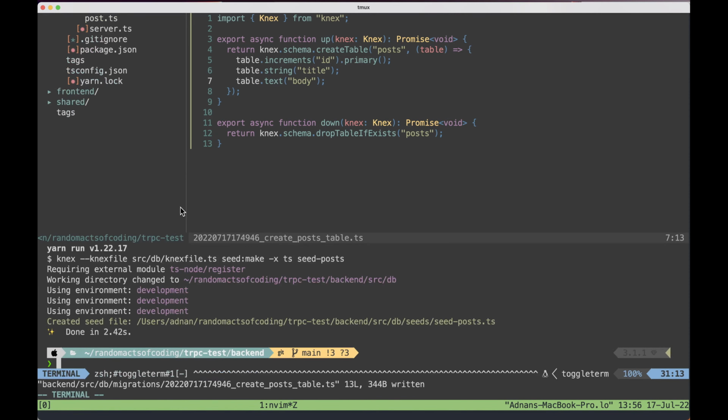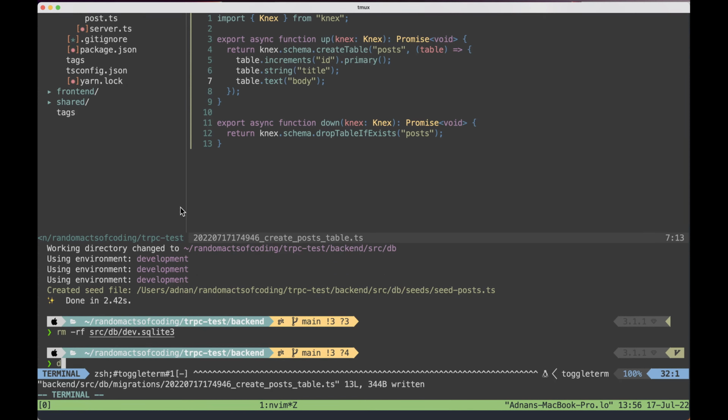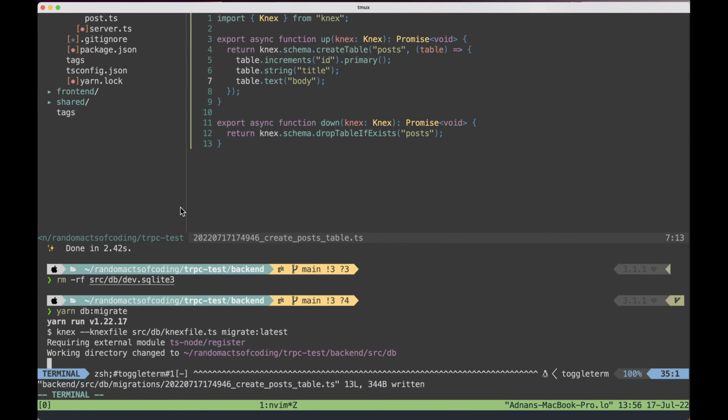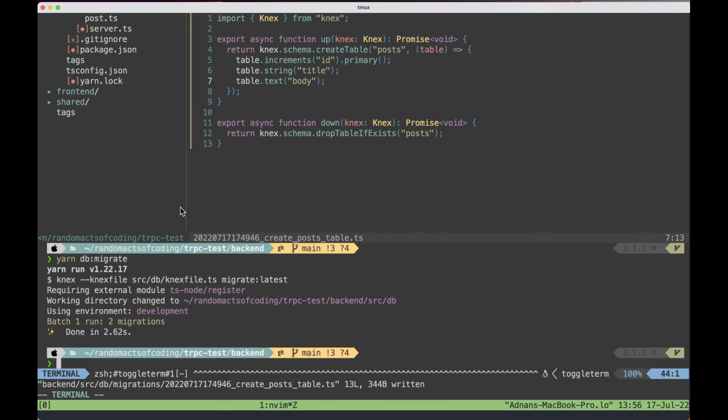And so for my purposes here, just to simplify, I can just remove source db dev, and I can run db migrate again. Okay, so now I have a database with strings,